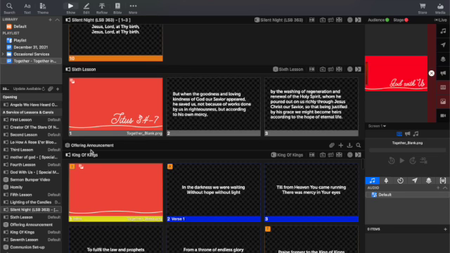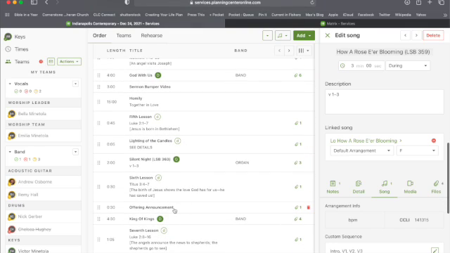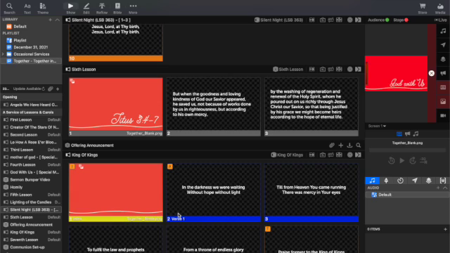Okay, so this is one where we've got, it's called offering announcements in our service plan, but we don't really have a file called offering announcement. So what I did for this service, again, if you hover over these buttons, they'll tell you what they are. Attachments will show you files that Planning Center has attached to this playlist. You can create a brand new presentation. You can import, and I think that might be importing from text that you have copied on your clipboard,